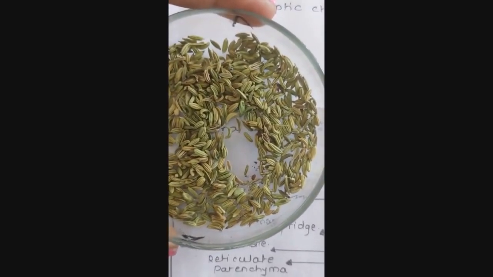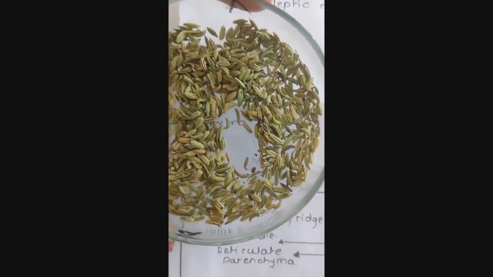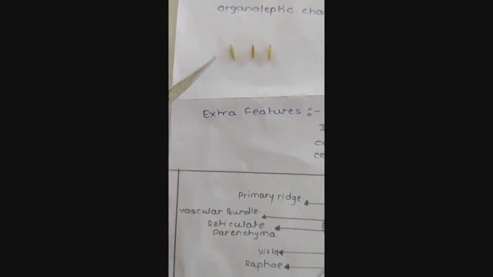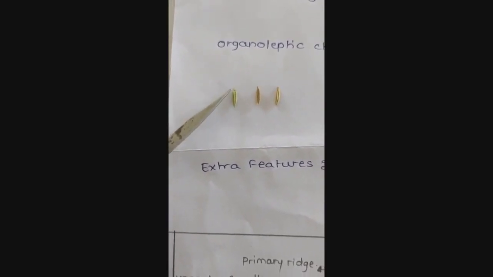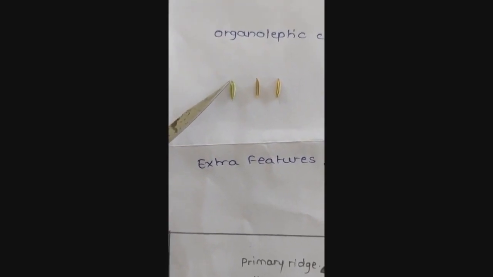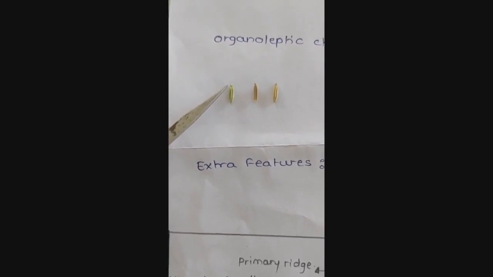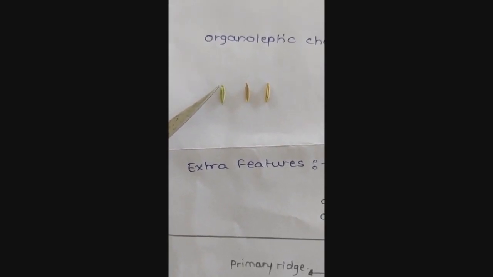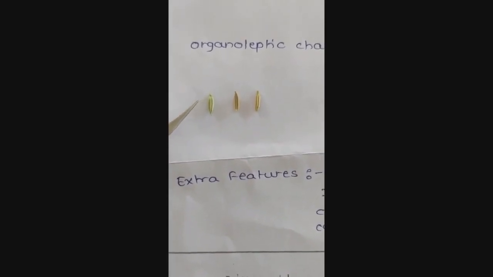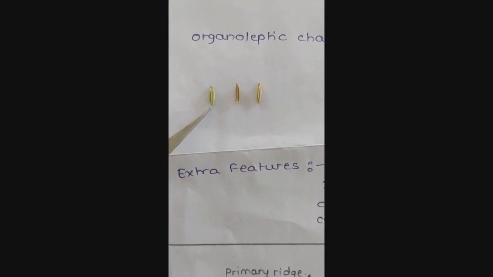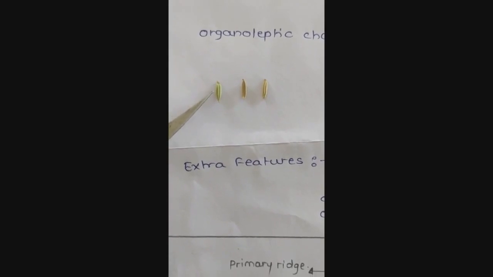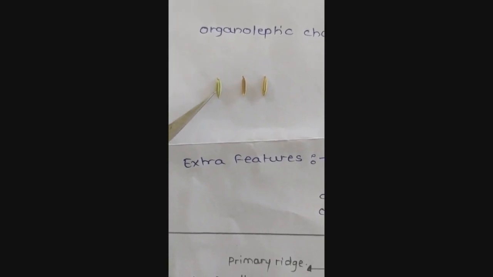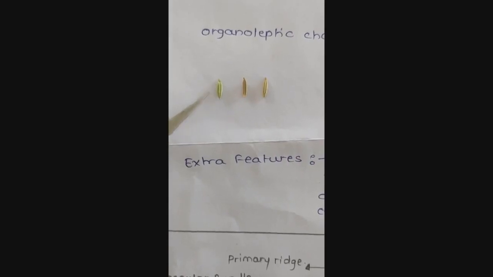Now we will see the morphology of these fennel fruits. Regarding the morphological structure, this is the fennel fruit. On the upper side, you can see a small extended part that is known as the apex or stylopod, and this stylopod is nothing but the remains of the calyx. At the base, it also has a small extension known as the pedicel, while the middle portion has an oblong, elongated shape.